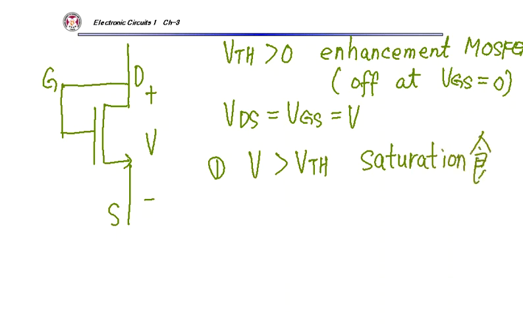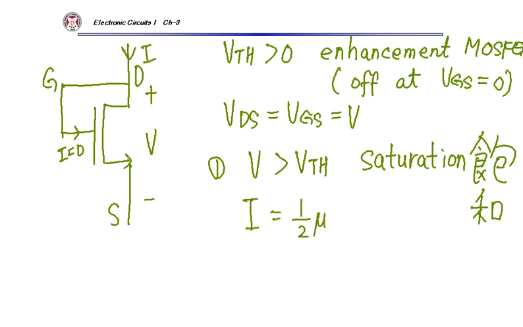The gate current is 0 because it's an insulator. My current I will be